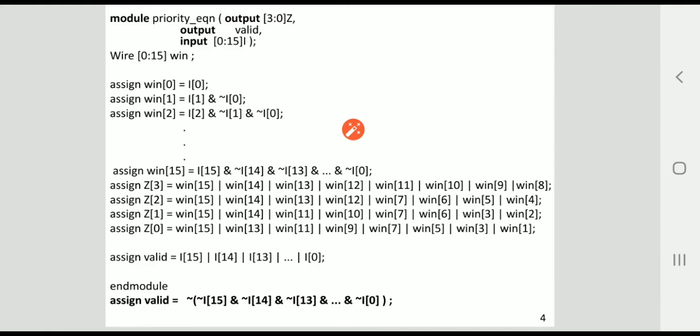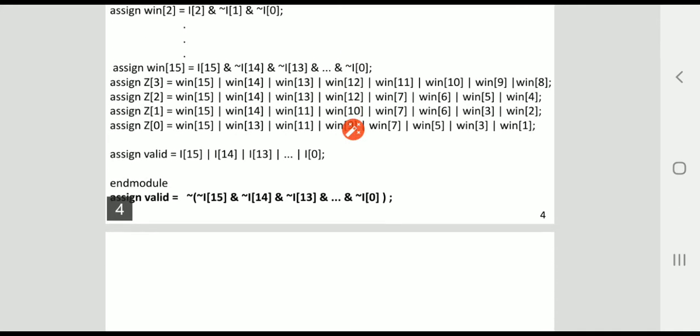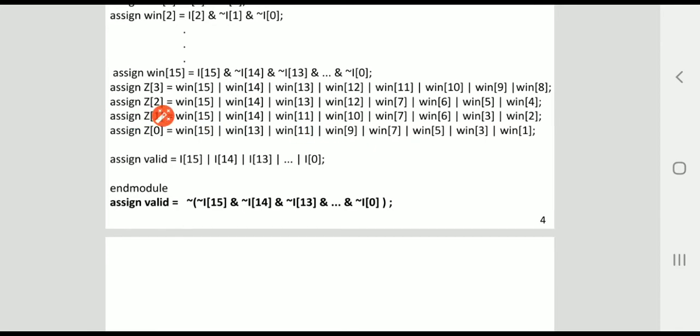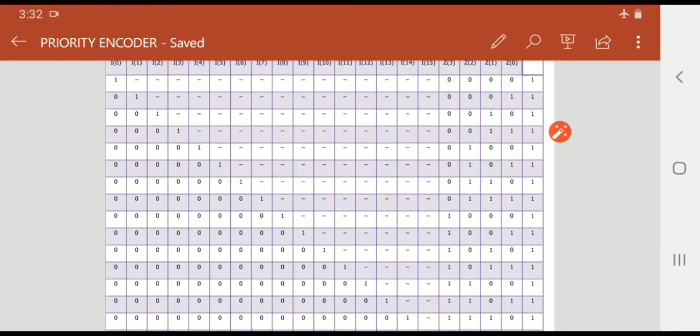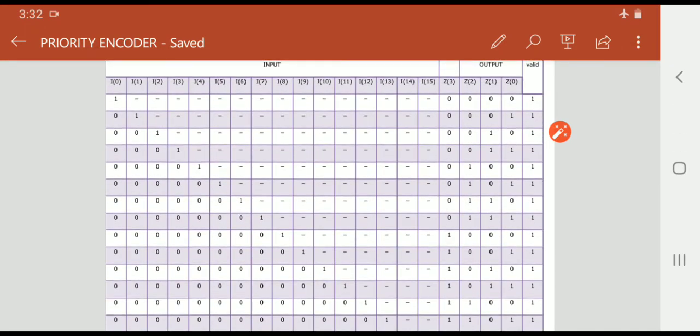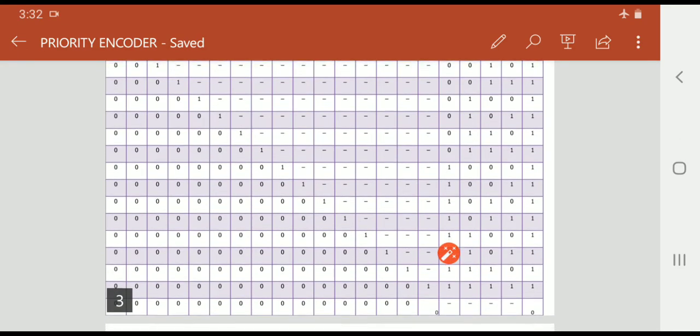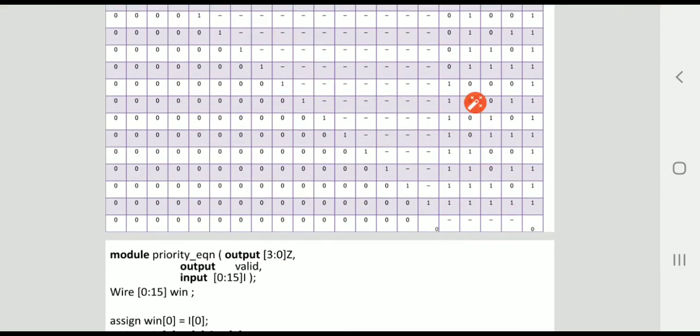Now we have to write the logic. The output Z of 3 should be equal to win of 15 continuing to win of 8. This Boolean equation is a sum of products, and it is taken from the truth table shown here. Look at Z of 3 in this truth table. Z of 3 starts from 1, 1, 1 at the last of the truth table.